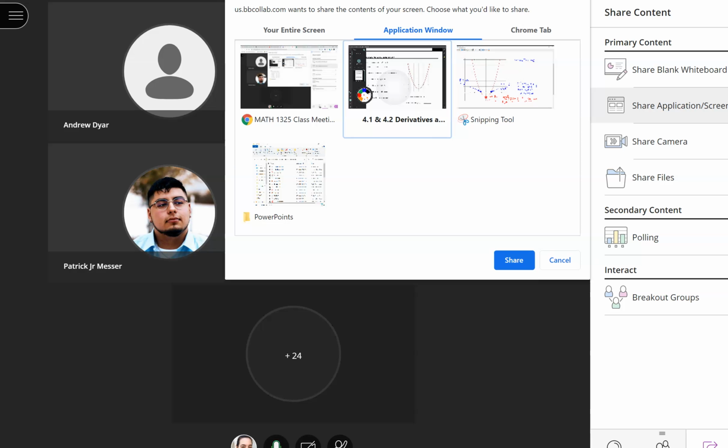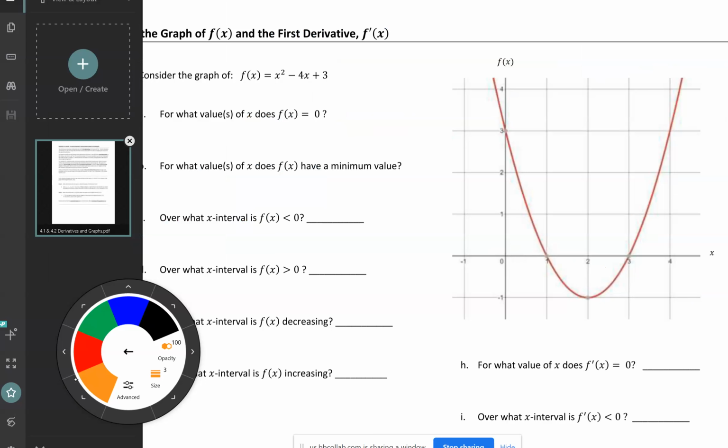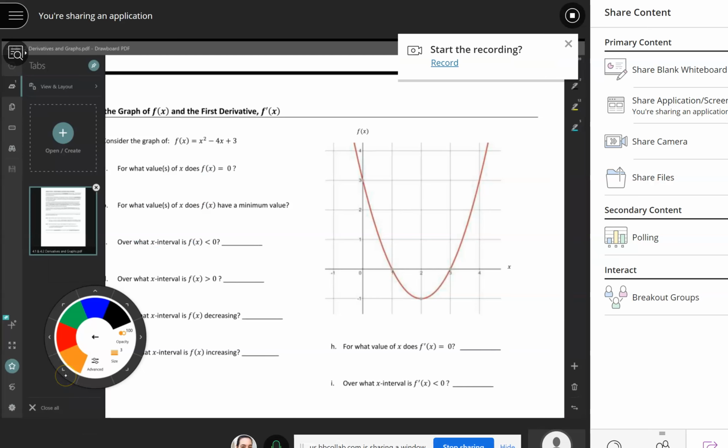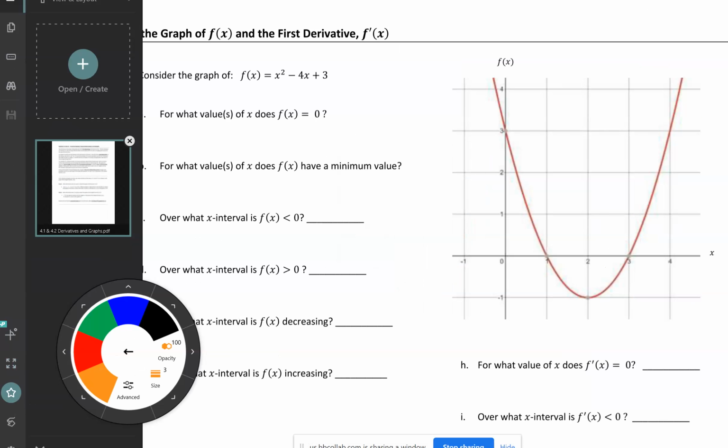Application, notes, go. There it goes. Okay. So